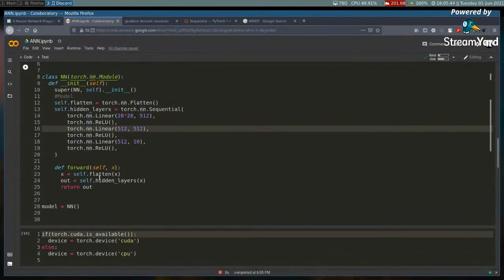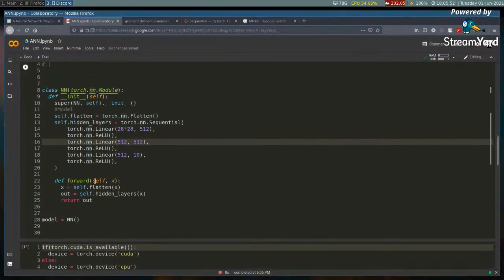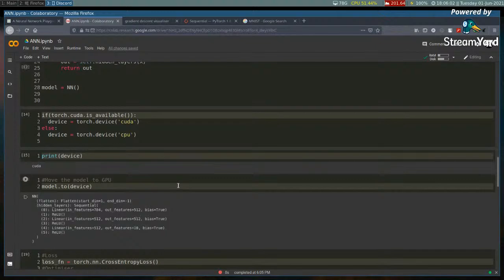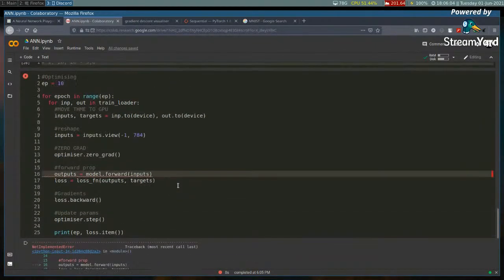Model. Set for flatten X. Then after flattening it,